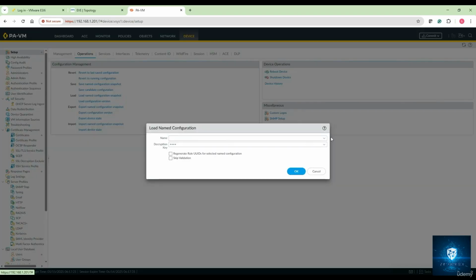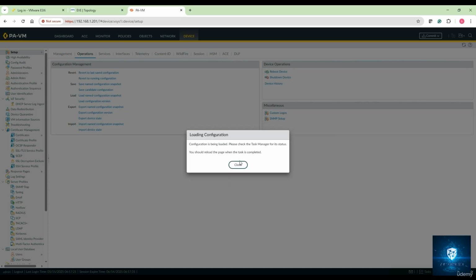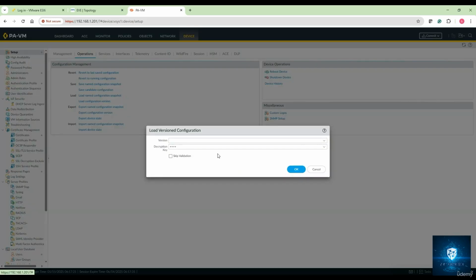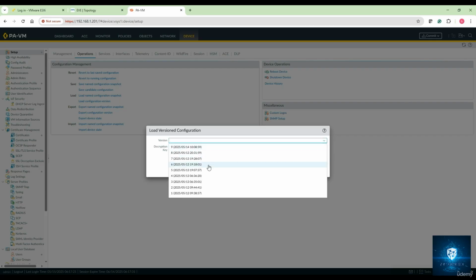So if I click on that, I can select this option and I can load my previous backup that I've created. I can load that if I want, or likewise I can load the various configuration versions as well, right? So the more commits you do, the more sequential commit versions there will be, as I've shown you earlier as well.